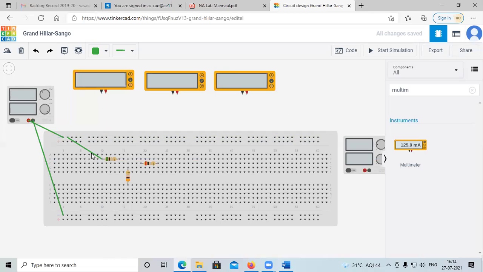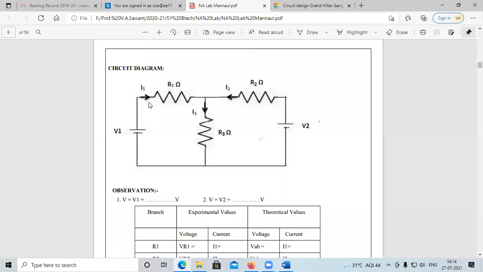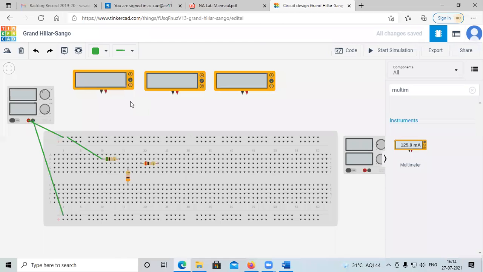Now before connecting this, I will first connect the multimeter. Here the multimeter is connected, I1 is given, because I want to calculate and see the value of I1 also. I want to see the value of I1, I2 and I3. So I will connect I1 first and then connect R1. Okay, see, I will delete this. Now this is the positive terminal of the first meter. It is connected to the positive terminal of the battery. Then this negative terminal is connected to the first terminal of the resistor. Then